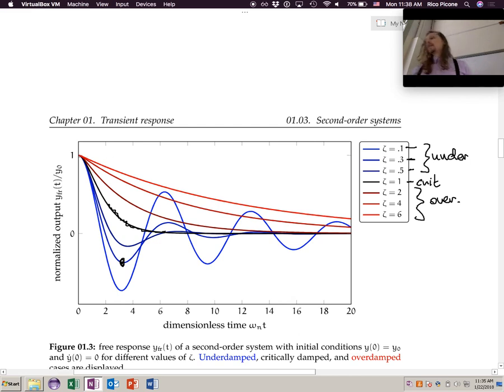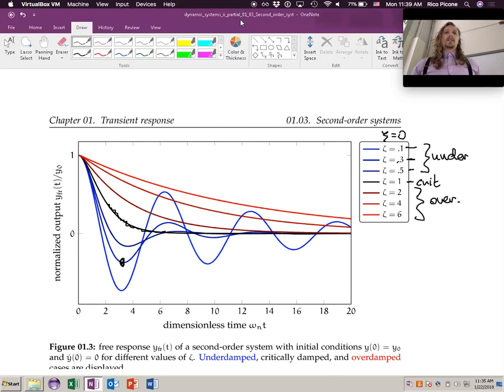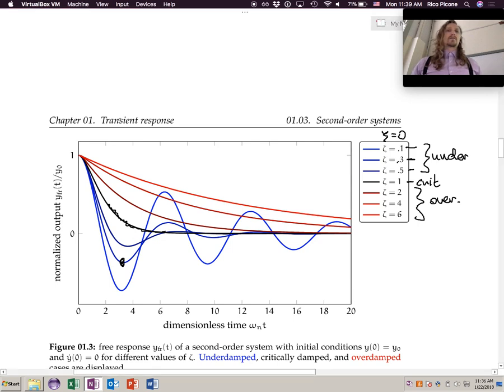Now, let's talk for a moment about what happens for the other two cases. So we considered the three stable cases, right? So let's talk for a moment about what happens if it was, first of all, a marginally stable case, which is when zeta is equal to 0. Okay? So I'm going to draw it with maybe green. So in that case, and this is going to look awful, I just warn you,